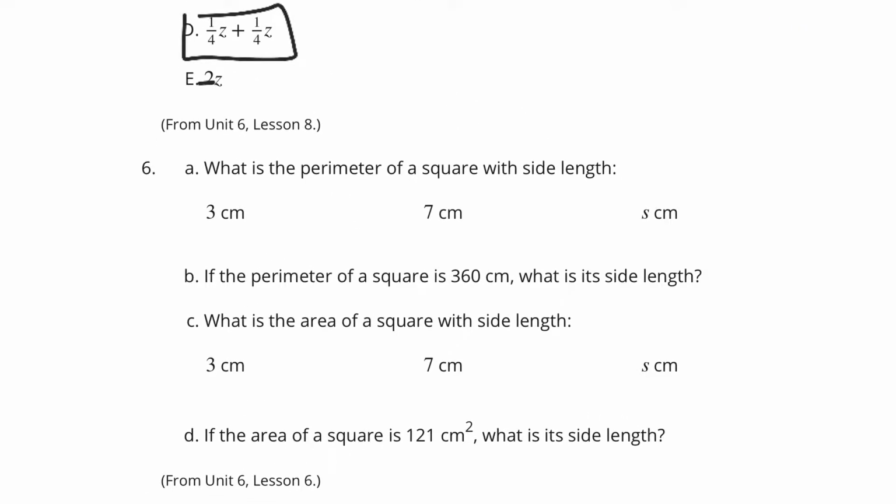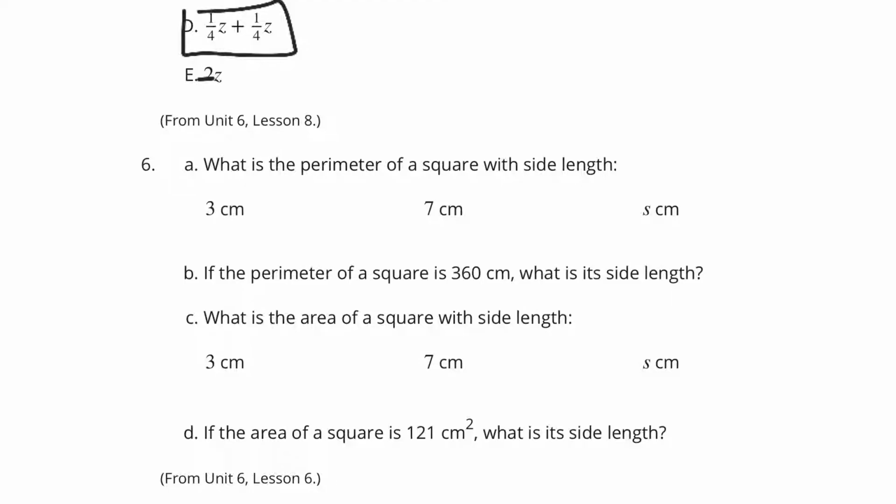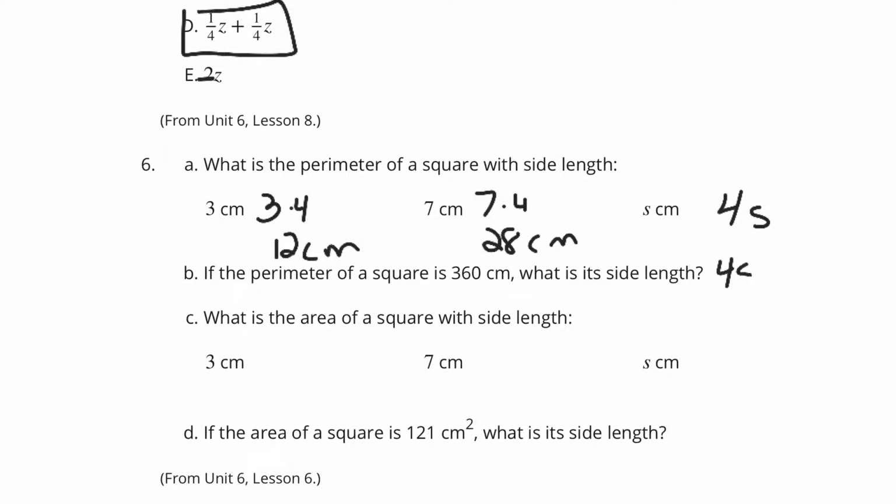Question 6. What is the perimeter of a square with a side length of 3 centimeters? Well, 3 times 4 gets us 12 centimeters. 7 centimeters, 7 times 4 gets us 28 centimeters. And s centimeters, well, just 4 times s, 4s. Then, if the perimeter is 360, what's the side length? Well, 4 times the side length equals our perimeter. So if we take 360 and divide by 4, you would get s equals 90